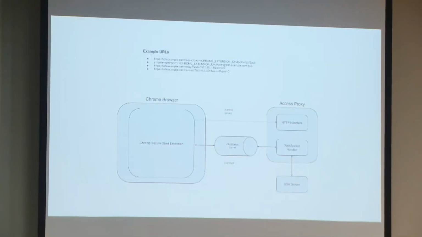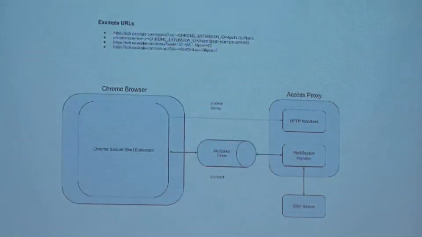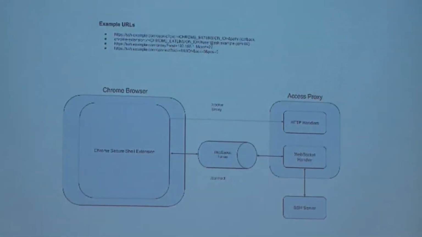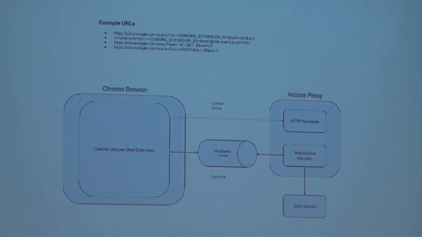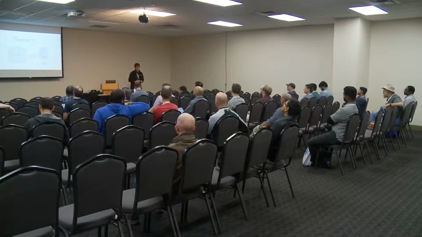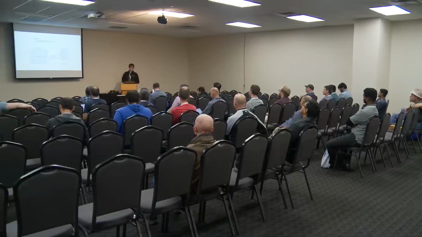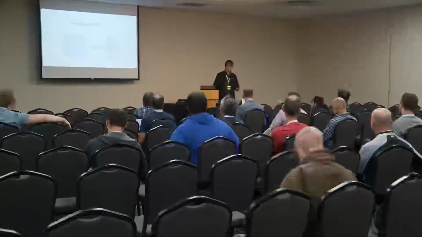So this is a simple data flow diagram showing what this looks like for Chrome Secure Shell. You have a series of HTTP handlers as well as a WebSocket handler. And that's all defined in that nassh_google_relay.js. I'll have more time for questions at the end, but basically